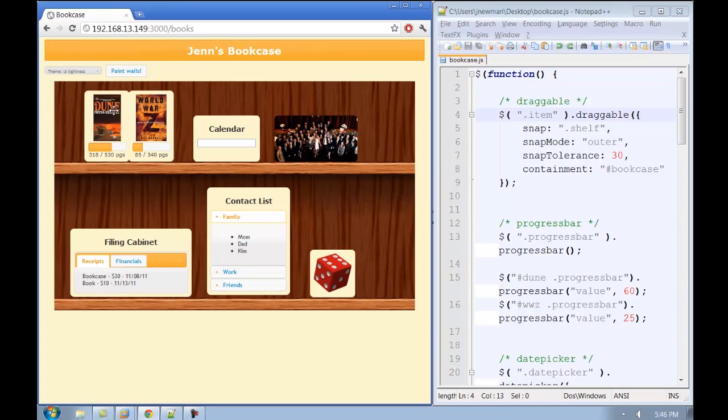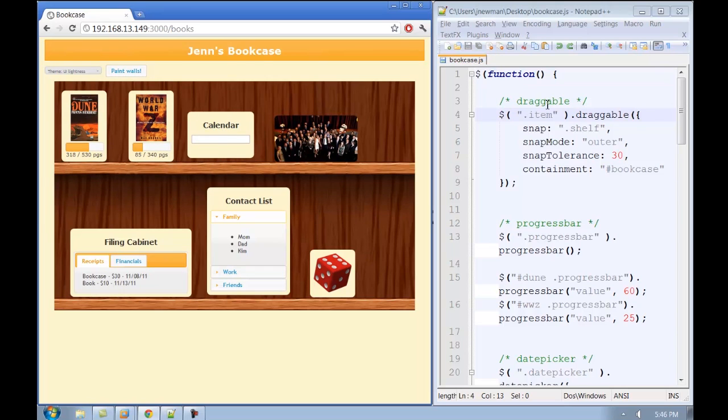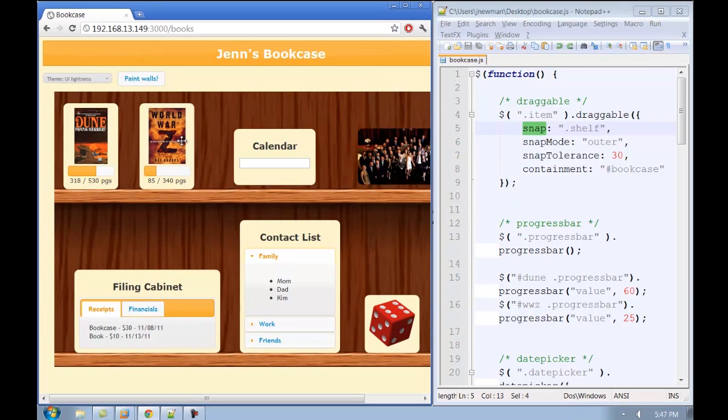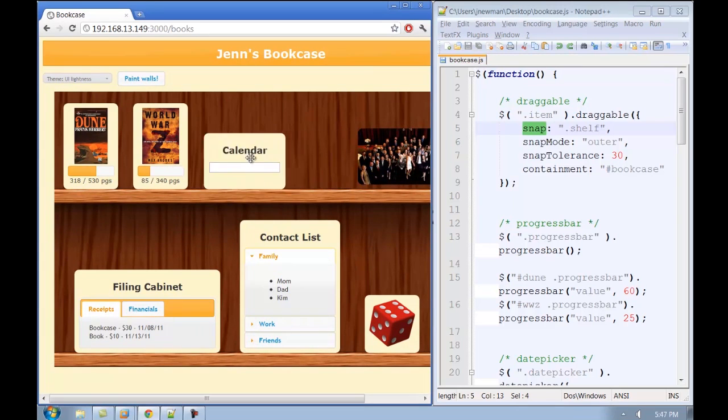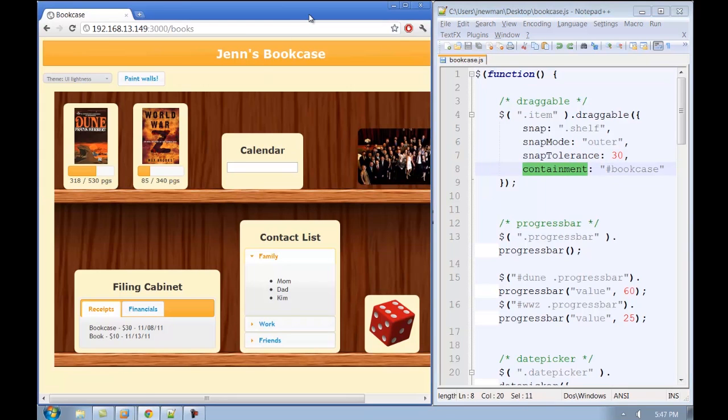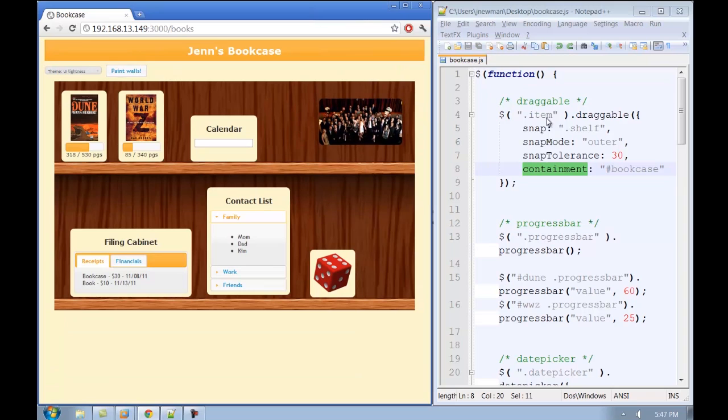I can rearrange the objects in my bookshelf. And here is the code for it. I just say on all these items, make them draggable. I turn on something called snap, which lets the item snap to the shelf underneath it, so I can slide it along and it pretty much stays there. I have the snap tolerance set, which is how difficult it is to snap it upwards. So you can turn that on and off, like how many pixels you have to go before it moves. And then I have it contained within the element called bookcase,